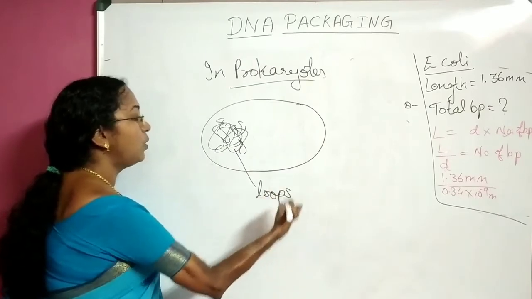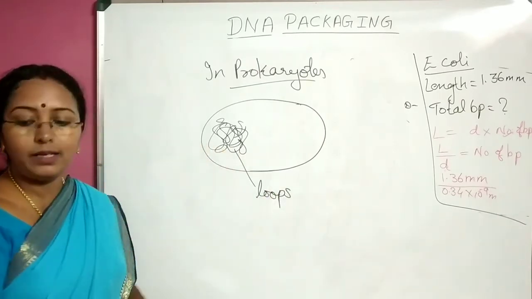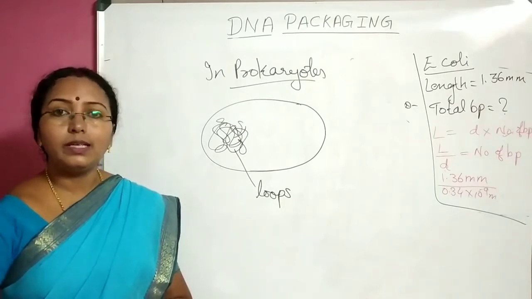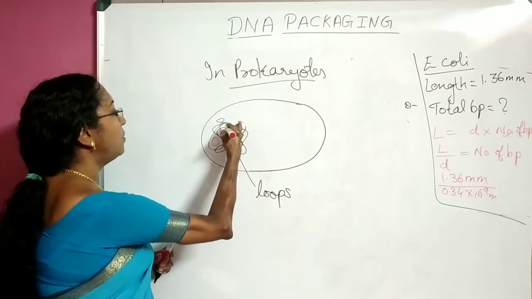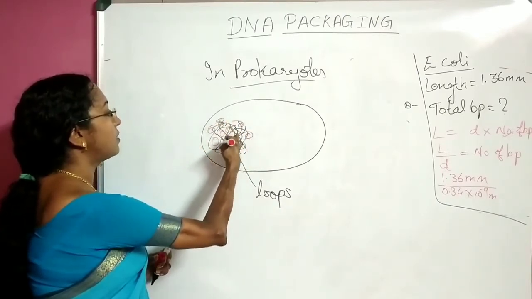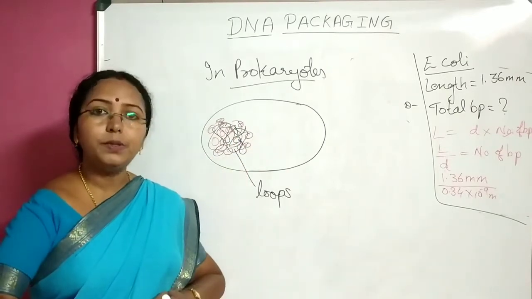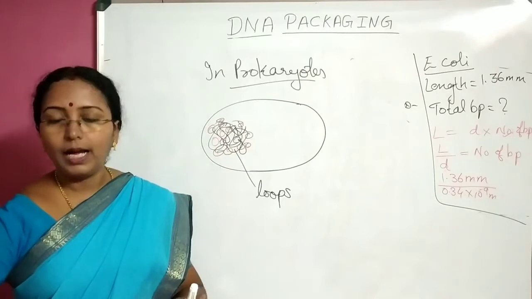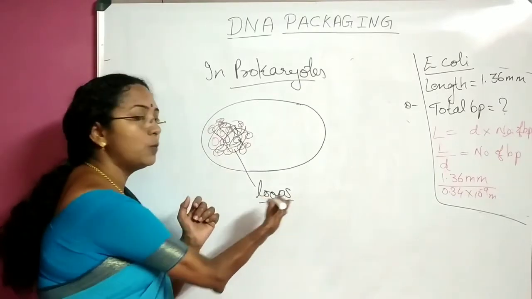DNA is present as loops. Okay. And why are they held up in this very small area, do you know? Because it is only in this area that you have the histone proteins or the positively charged proteins. But they are not as octamers or anything, but they are distributed in this particular area. And in that area, you can find DNA as loops.